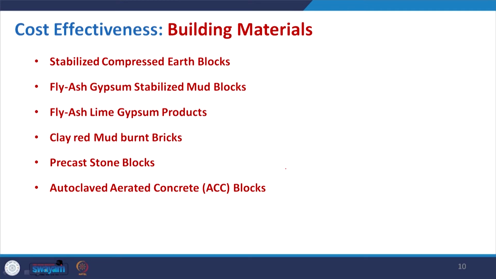Now, coming to the building materials, there are a good number of materials, you can list upon 100 or something like that, materials that are now being tested and in the process of being applied in different contexts as cost effective materials. And now it is the time where, due to the scarcity of raw materials, people are using waste material to create building materials. There are different institutions, different research labs, developing this within India, even across India.